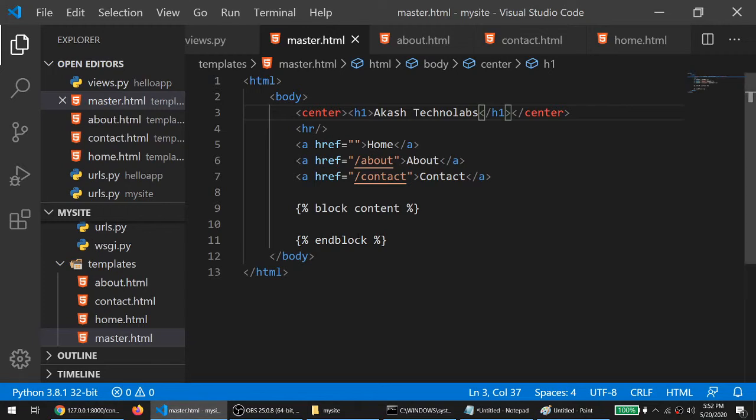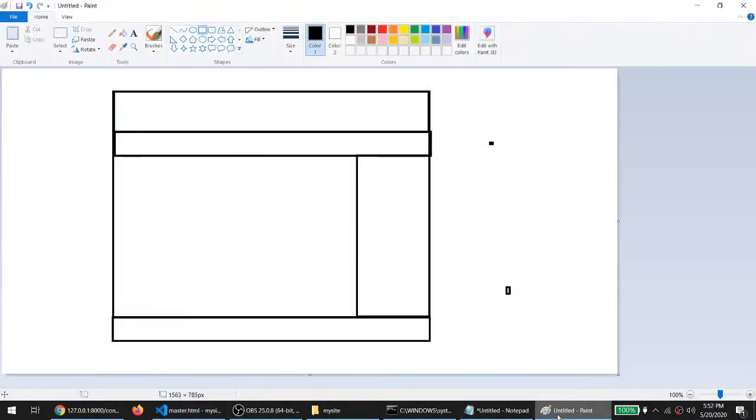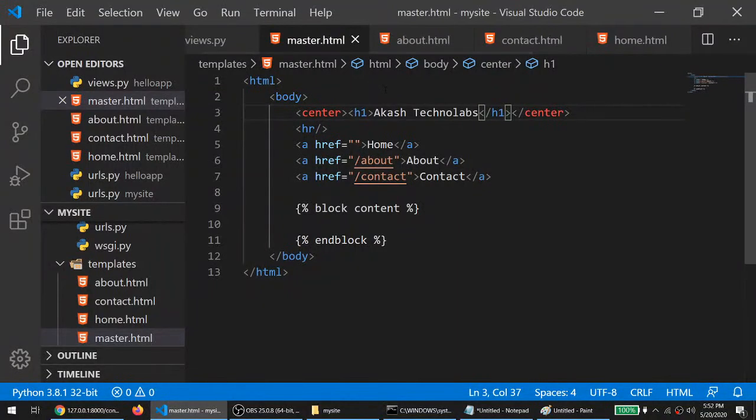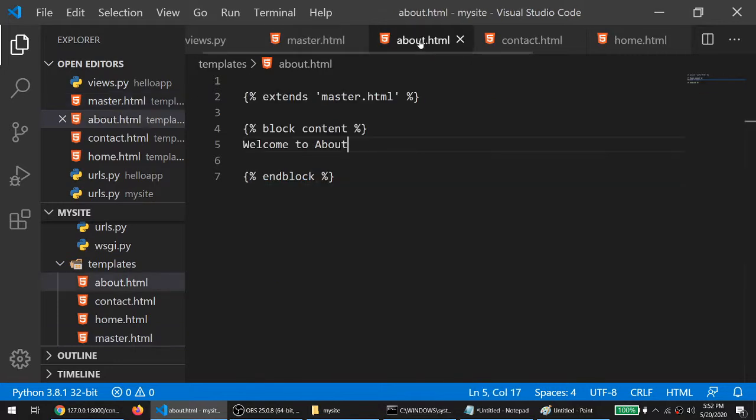So now you can see. Let me give you an introduction about this topic again. So whenever you want to define a master layout, right? What you have to do? First, we have to create a master.html. You can also create a base.html file or any name you can suggest, right? And then you can define your structure over here, and you can create multiple blocks like this, okay? And in your normal HTML pages, first you have to extend your master file, and you have to provide your content in the block of your content, right?